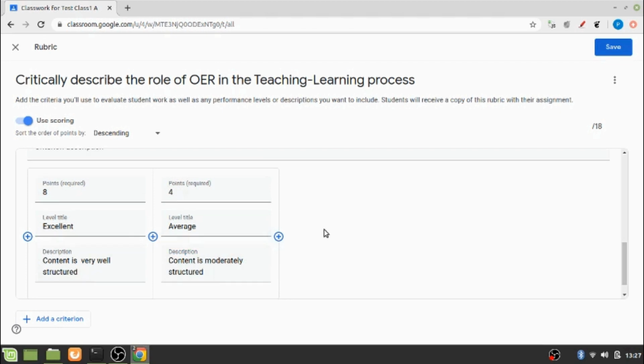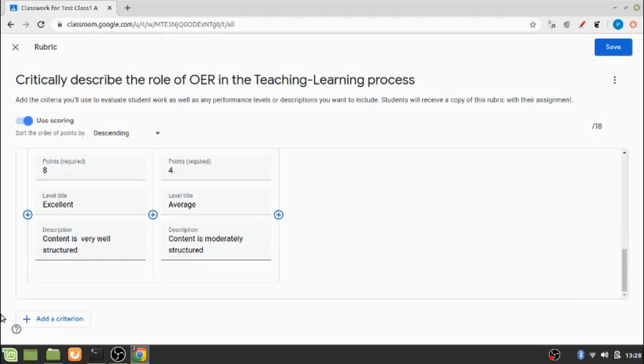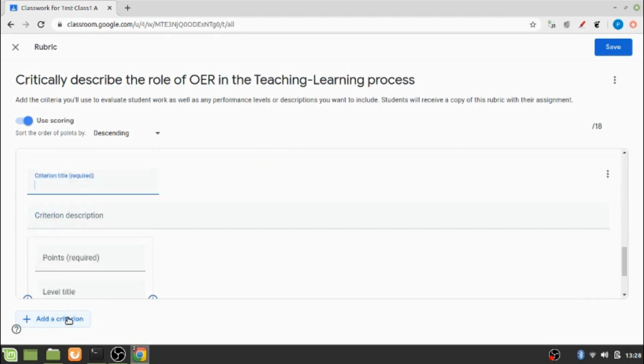Since the previous criterion was for content input, and the last level was for content not relevant to what was asked in the assignment, there is no scope for adding another level to this criterion. So I'll move on, and if I wish to, I can add another criterion.